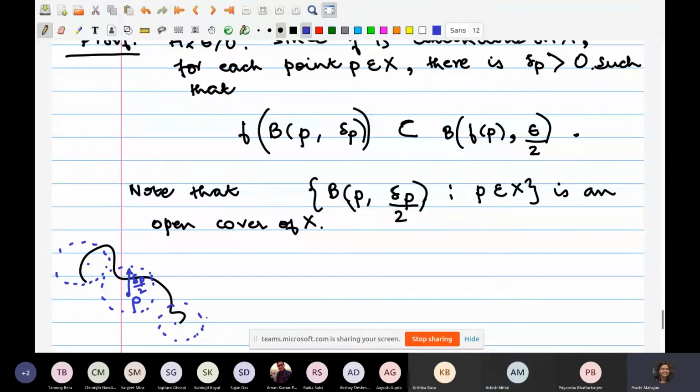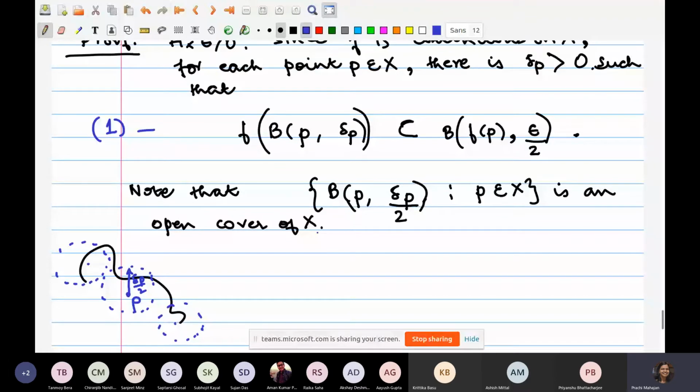So whether or not I have delta P by 2 in the first statement, which comes by continuity, doesn't matter. As long as little p is varying throughout the X, the statement is true. I can take whatever I want to. I can take delta P by 3 here, delta P by 4 here, delta P here, anything which I want. Is that okay? Yes, you can take 2 delta P, you can take 3 delta P, whatever you want. You're not going to miss any point in X because little p is going to vary throughout X. So it will cover each and every point of X.